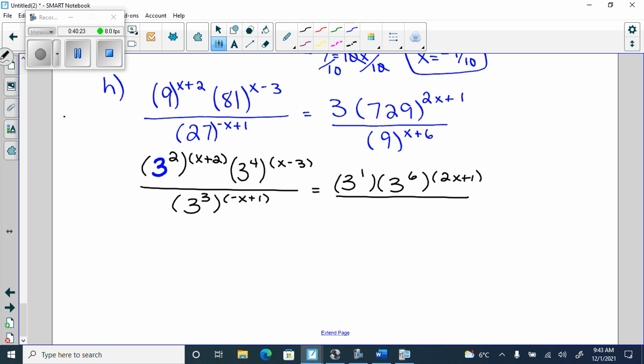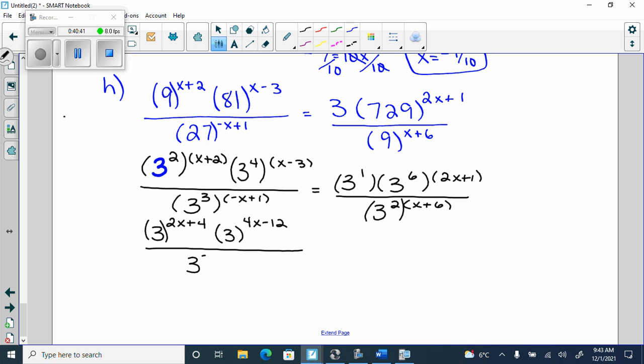And then 9 is 3 squared. So I'm going to get 3 to the 2x plus 4, times 3 to the 4x minus 12,